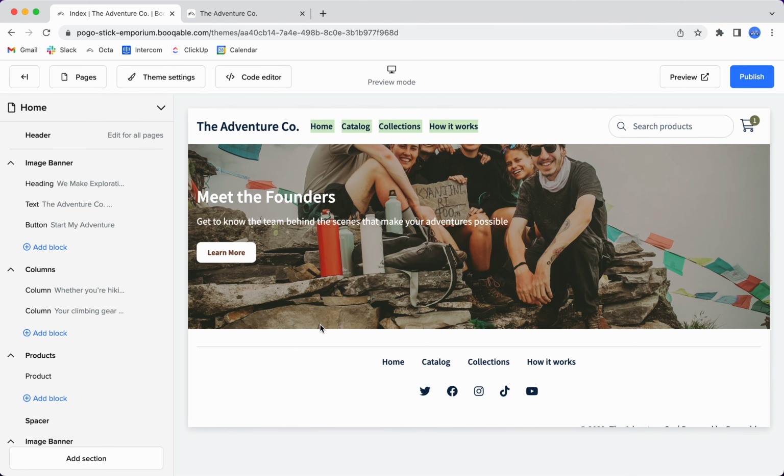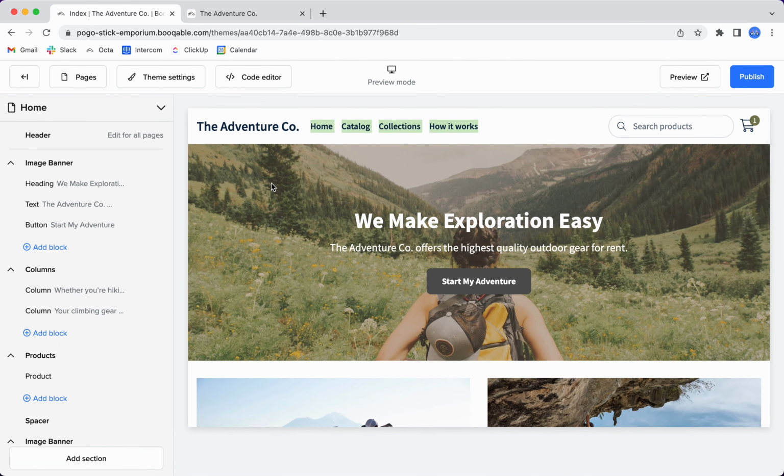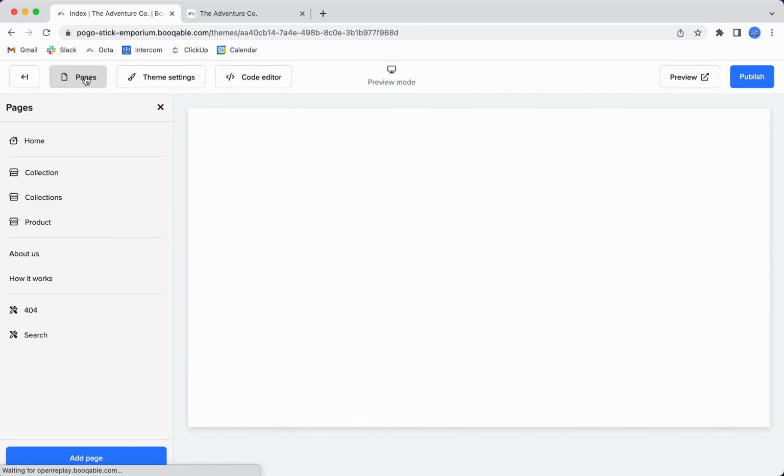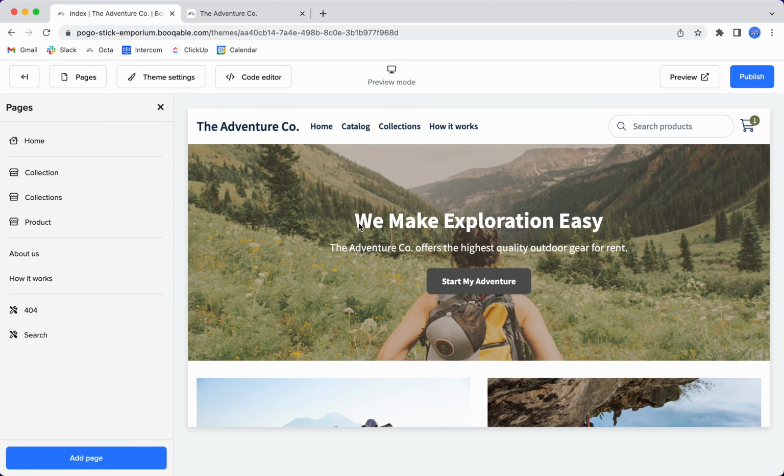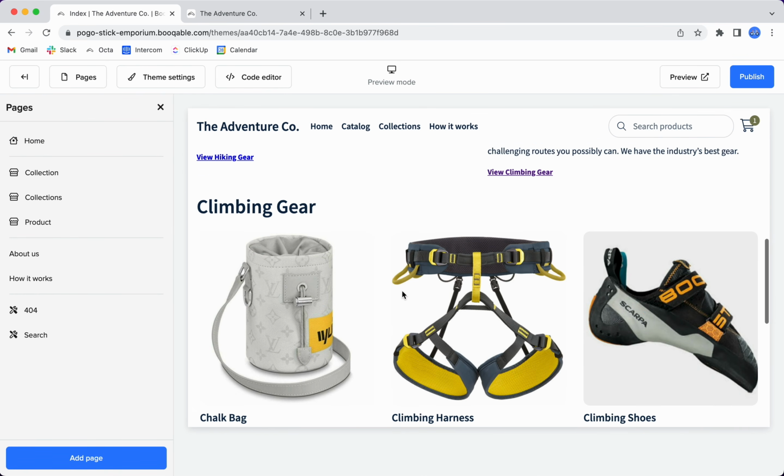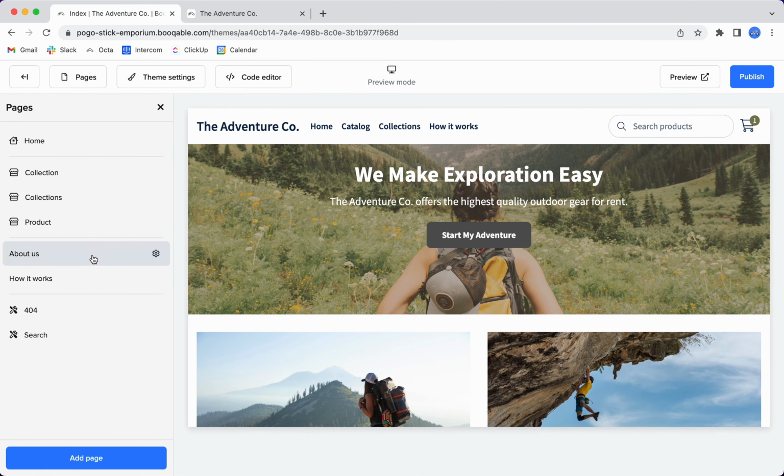Before we change the menus, we're going to need to create a new page. So what I'd like to do is create a Contact Us page so that we can have our phone number, email, address, all kinds of other contact information. So we're going to scroll up to the top and we're going to click on Pages. What you'll notice is that it first takes us to the home page, and then below that are different pages on the website. I'm going to click on the bottom, Add Page,